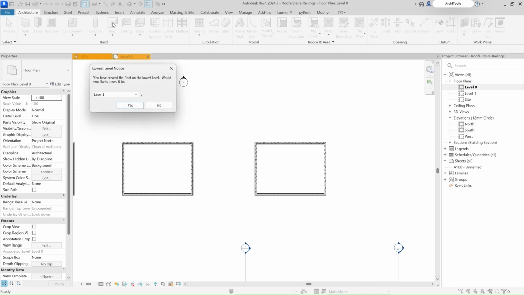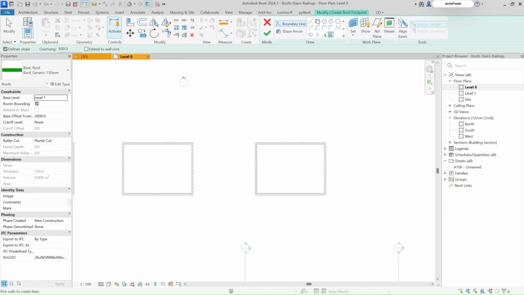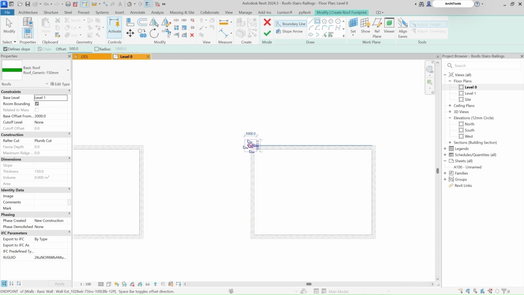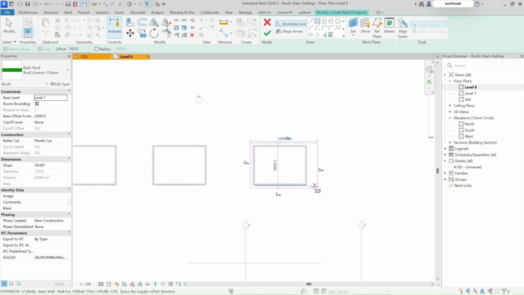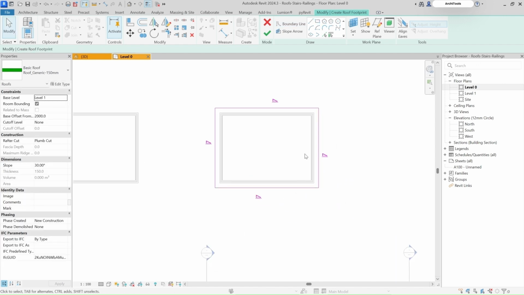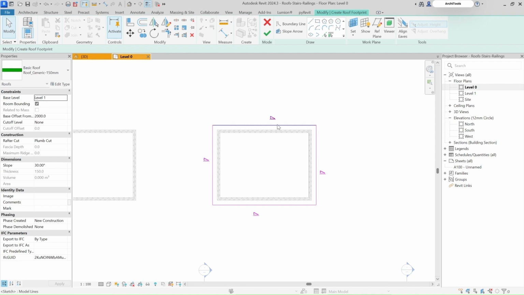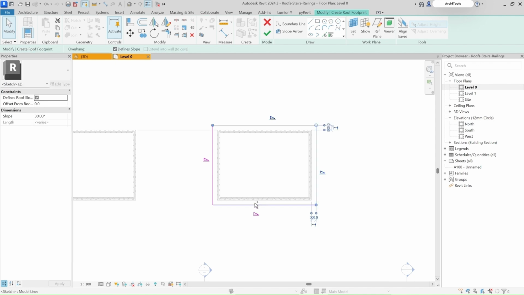I'll just select this. Automatically it will select the roof by footprint option. Next it will ask for the roof level, selecting level 1 and creating my roof with an overhang, let's say 500 this time, and I'll create my roof. This time I would like to have all four corners with a slope. I'll select all four of them and provide an angle,